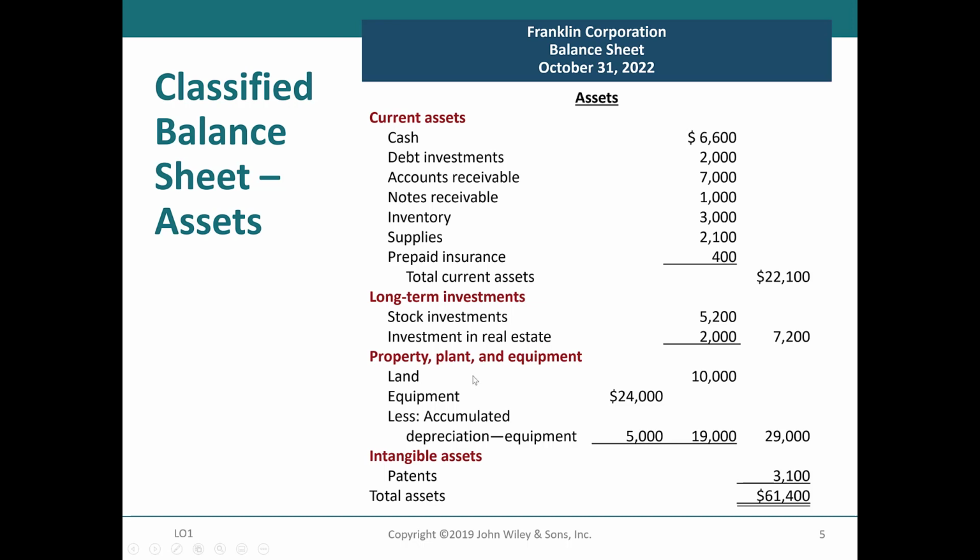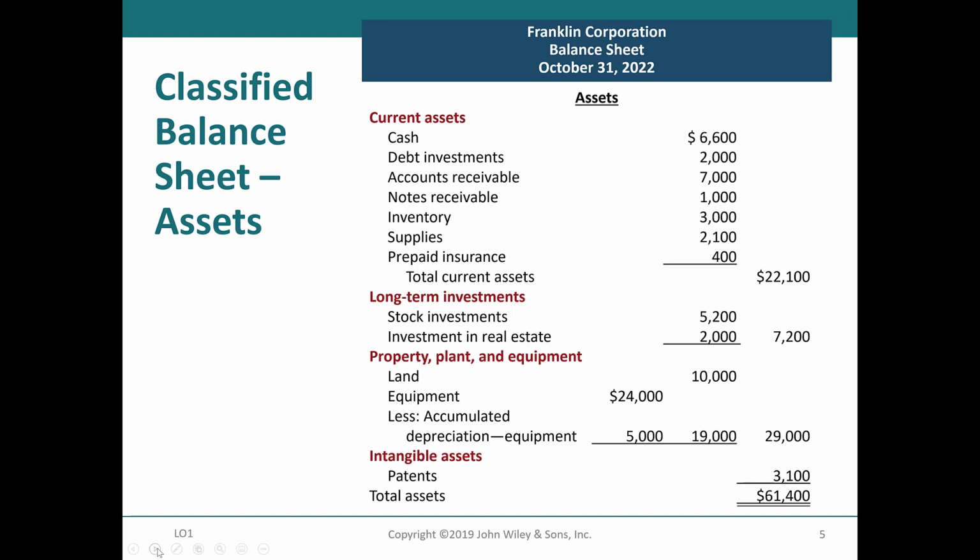We have our plant, property, and equipment. I always start with plants. But property, plant, and equipment, PPE, as we'll often hear it called. We have land, equipment. We're going to deduct our accumulated depreciation, and that gives us 29,000. Okay. Intangible assets, a good example for this company, Franklin Corporation, is patents, and that is 3,100, for a total of